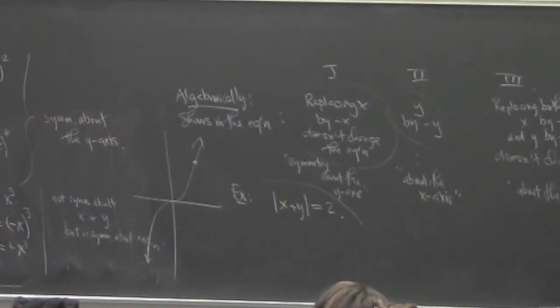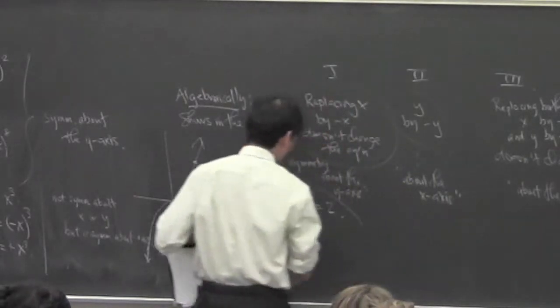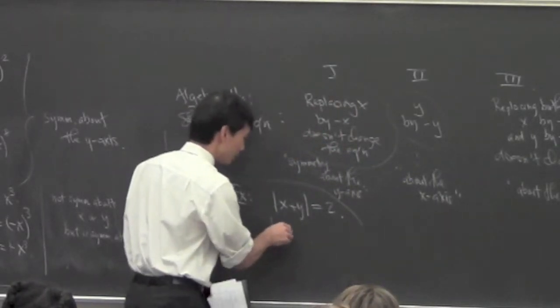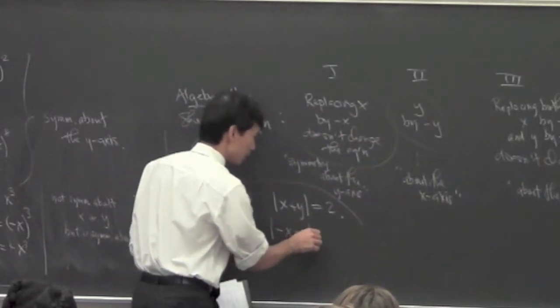Alex, go ahead. Is it all three? Because it doesn't matter if it's negative or not, because it's just how far away from zero. Be careful, right? If I replace the x by negative x,